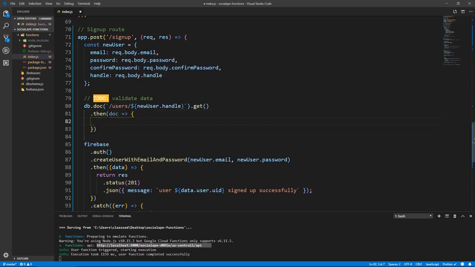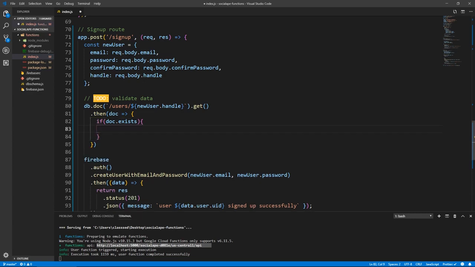and the way Firebase works, even if this document doesn't exist, we'll have a snapshot. So what we need to do is we need to have a conditional here, say if doc.exists, which is a boolean. If this document exists, it's true. So if this document exists, then this is a problem because this handle is already taken. So let's return